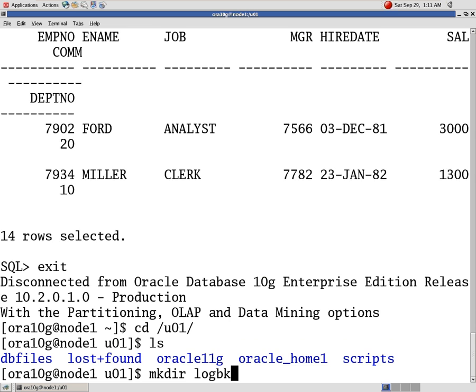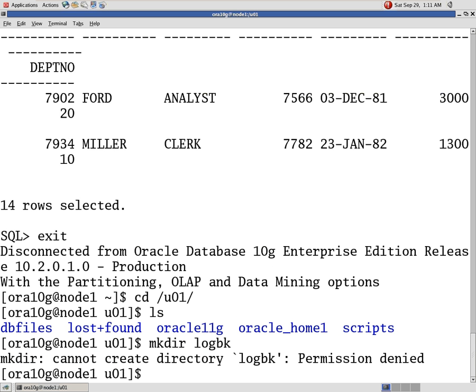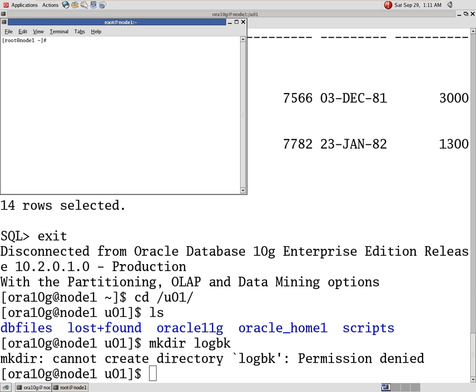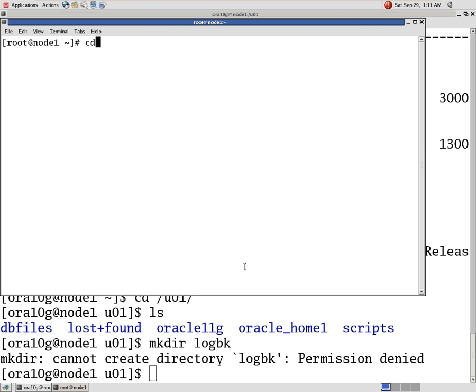logical backup, logbk. Permission denied for the user. So here I am creating, from the root user, under u01, the logbk directory, that is, logical backup. I am giving the permission chmod -R 777 logbk, that is complete permission.